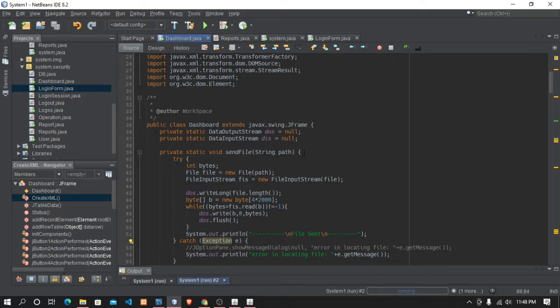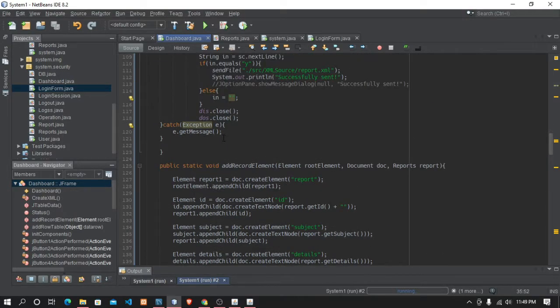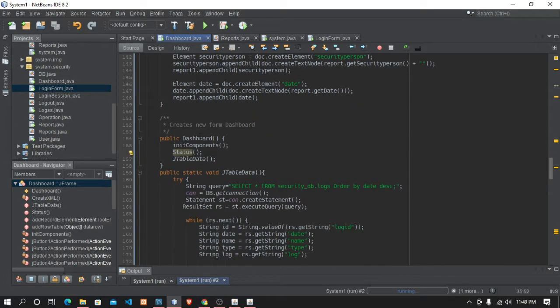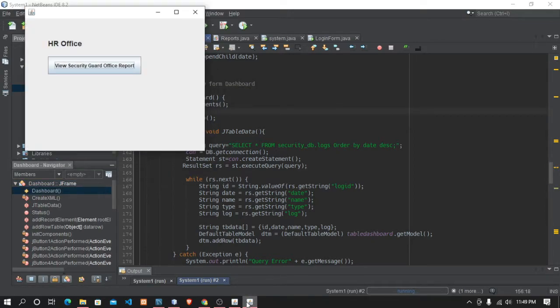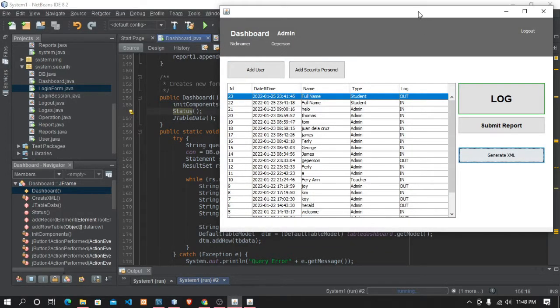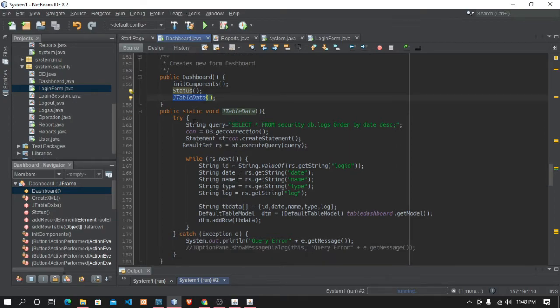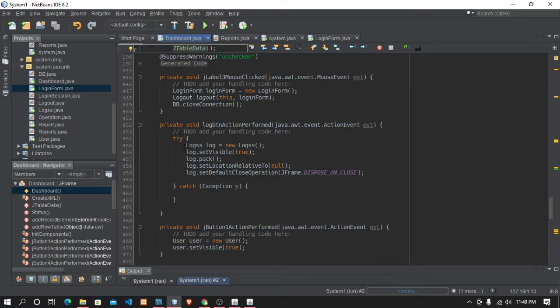Again, dashboard, and then okay, this is the status that can add our name here, and then the table data here, and then this is a query about that table, and then the log button will pop up if the button is clicked,